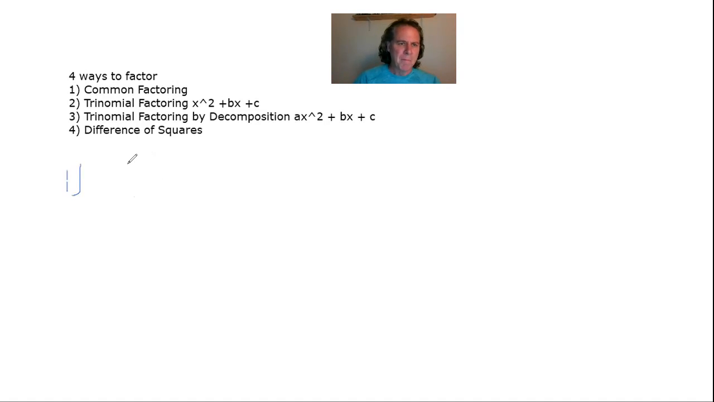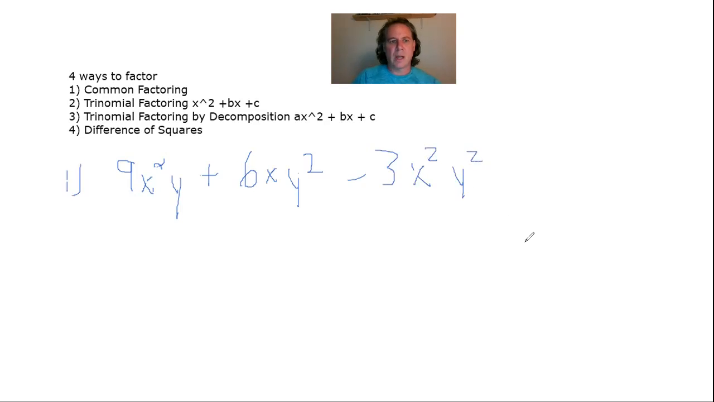So an example would be, let's say we had 9x squared y plus 6xy squared minus 3x squared y squared. So in this case, what I do is first I look for what's the largest common factor of all the coefficients, which in this case is 3. So I take a 3 out front, and that means I'm going to divide each of the terms by 3 in the brackets. But before I get into that, I'm also going to look at what's the minimum number of